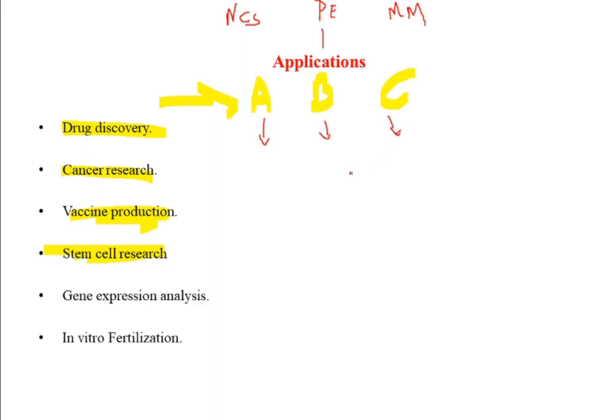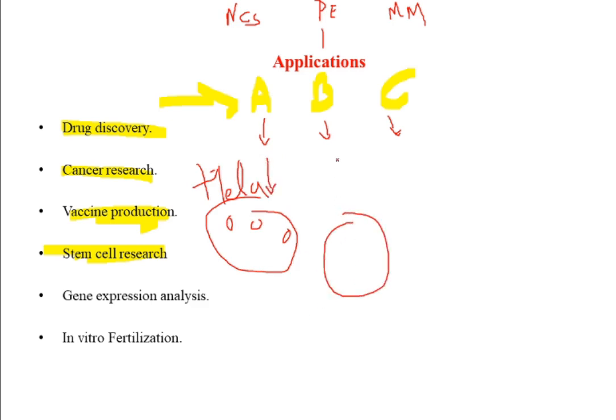anti-cancerous property, but you cannot directly try it on a cancer patient. First you have to prove it. In science, everything needs to have proof. So the best thing you can do is take a HeLa cell line. Like I said, it is a cervical cancer cell line. So you have a culture of HeLa cell lines, and then you add chemical A into it. Then in a similar experiment, you add chemical B, and in another, chemical C.